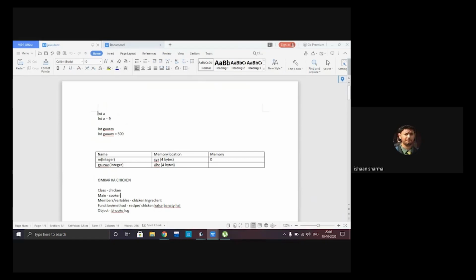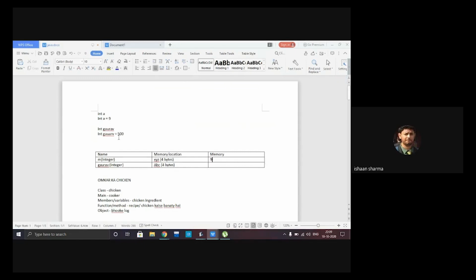Suppose I declare the sentence int a = 9. In this case, a variable with the name a and data type int will be declared in memory, and in that memory the number 9 will be stored. This sentence means there will be a memory location with the name a at some memory address we don't know about, and the value stored there will be 9.